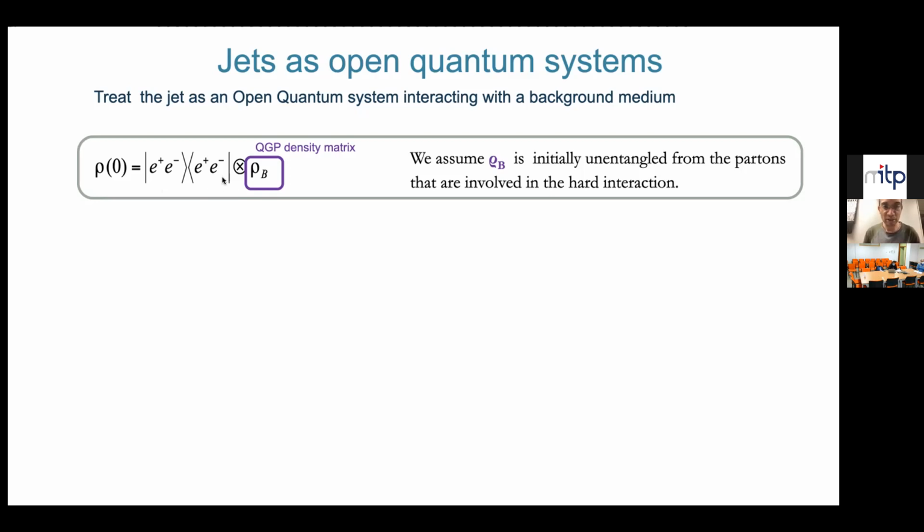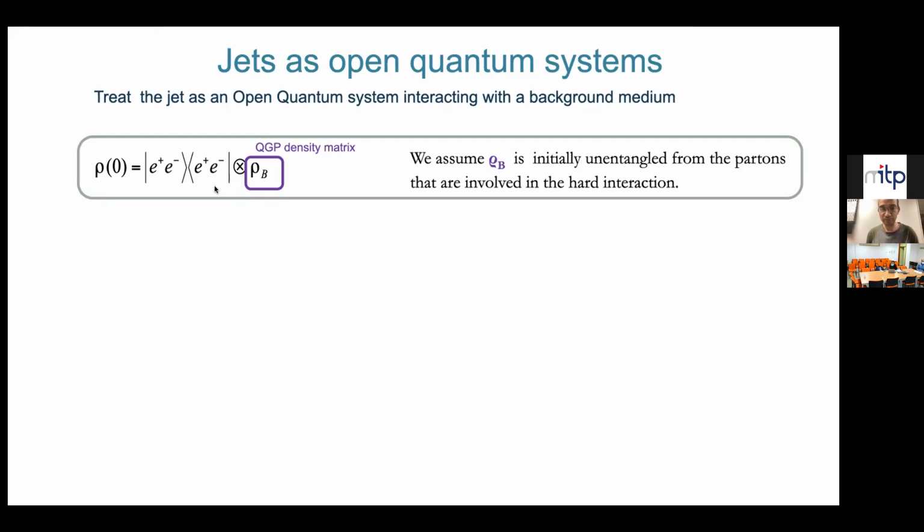But by taking E plus E minus, that's kind of a proxy for the PP, since it allows me to ignore initial state radiation for now and concentrate on dynamics of final state. So in a phenomenological application, I would just replace this by PP and also incorporate initial state radiation, which would be the next step. But for now, I'm going to keep this, which is a standard trick that's used even